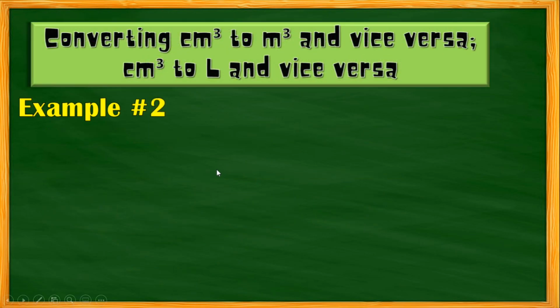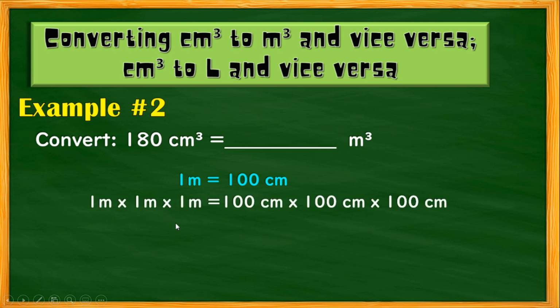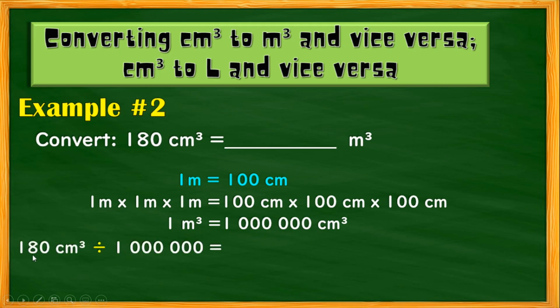Okay, so let's have example number 2. Convert 180 cubic centimeter to cubic meter. So this would be the reverse, smaller amount to bigger amount. So this would be divide. Now take note that 1 meter is equivalent to 100 centimeter. So multiplied, we have 1 cubic meter is equivalent to 1 million cubic centimeter. Then divide. So divide 180 cubic centimeter by 1 million. The answer is